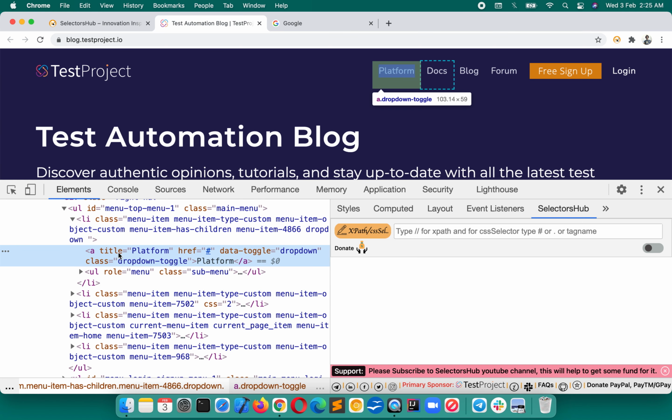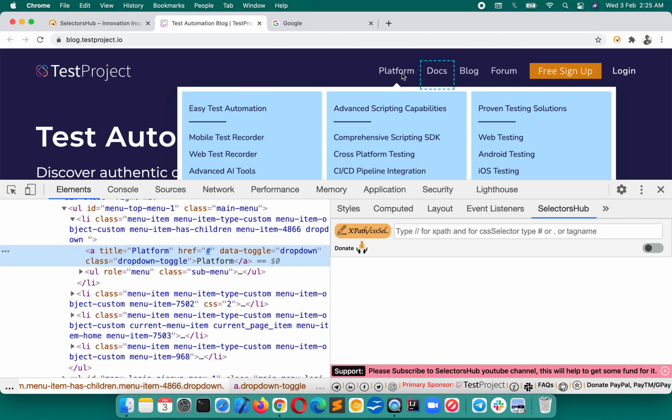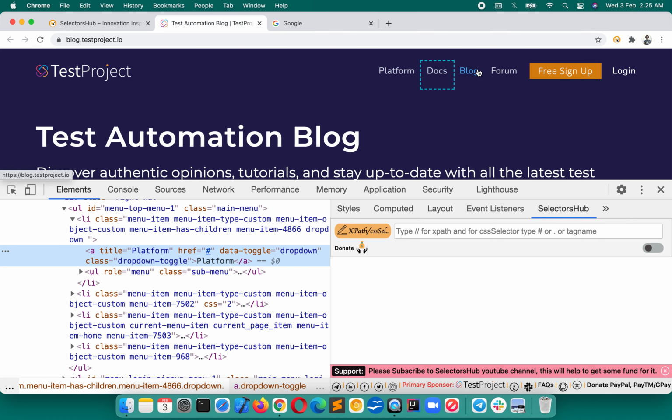So here, suppose dropdown toggle, we will have to think in our mind whether these attribute values are stable or not and unique or not. Based on that we write the CSS selector. So dropdown toggle doesn't look unique, because dropdown toggle must be used for this, this, and this as well, because this also has dropdown, these are all header values, so they could have similar values.